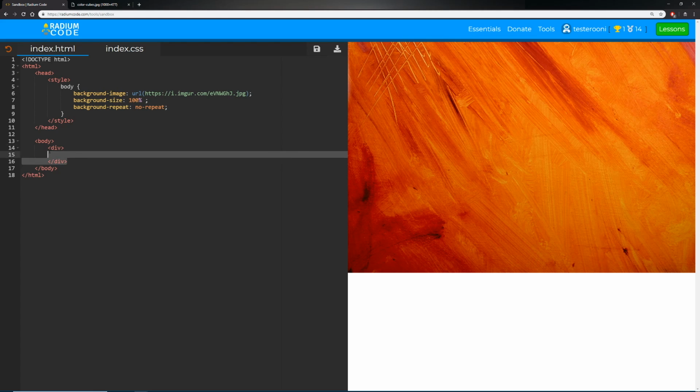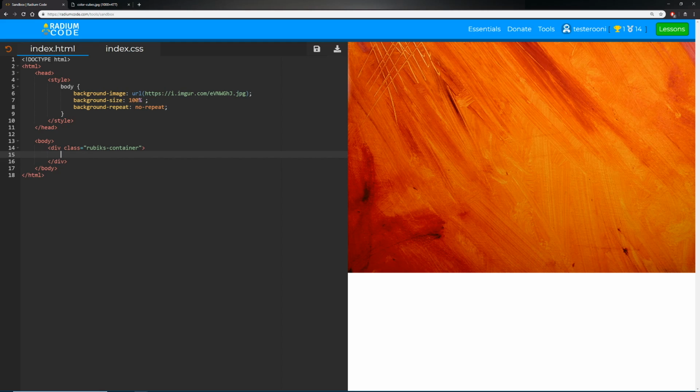So if you do want to move all the contents within div around, you can do that. It is a block element, so it is going to create a new line every single time you create a new div element. Okay, so let's go ahead and I will give the class equal to Rubik's container. And this is the Rubik's container because it's going to contain one of the sides for our